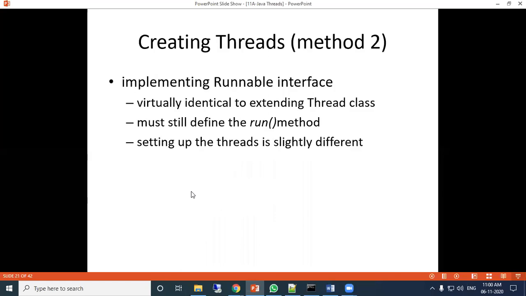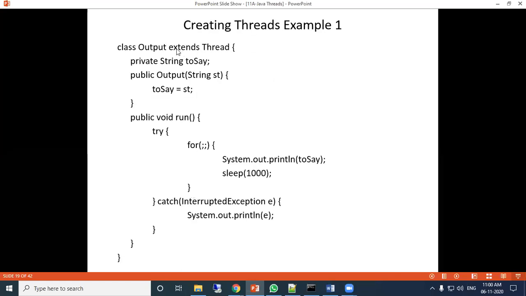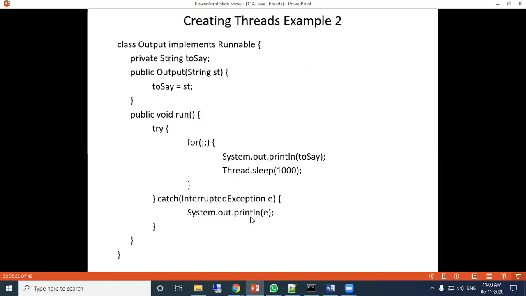Just see the previous program here. Extends thread is used, and the rest of whatever is written here, implements runnable is used, and the rest is as it is. So there is no difference between these two. The only difference is that here it extends the thread, and here it implements the runnable. Both are the same, and the code is the same. Okay, only something is different in the main method.